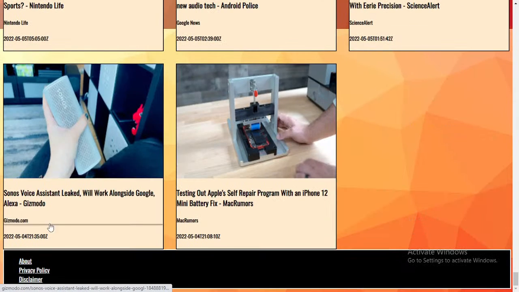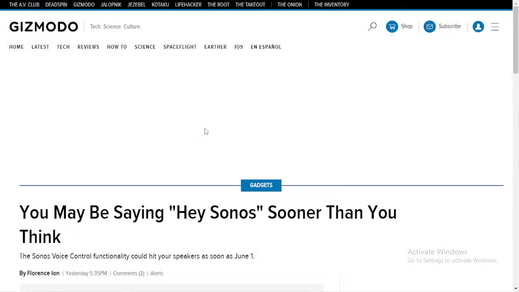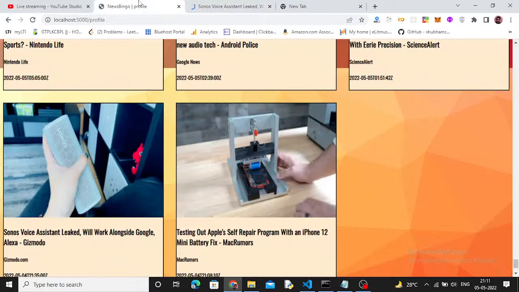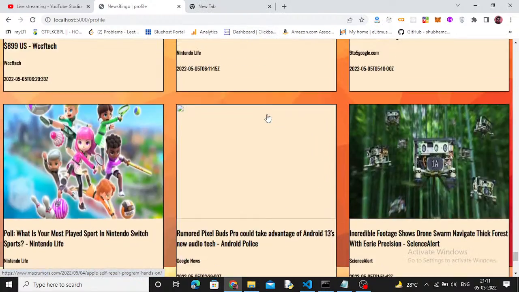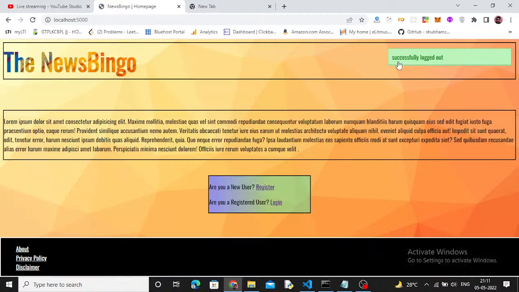And finally we have the footer here. Now what happens if we click on this? Well, if we click on this, we will be taken to the appropriate YouTube page, Google page of that. But that will open in a new tab. So there you go. And we have a very cute logout button, which will again give out this successfully log